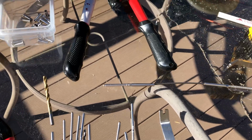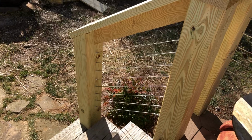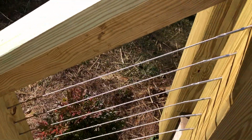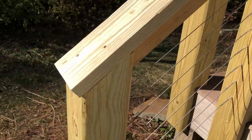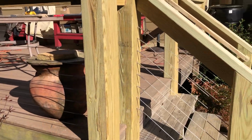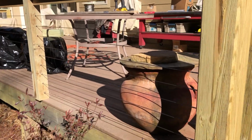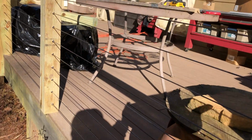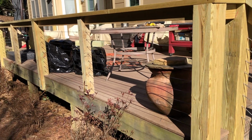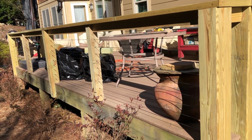Let's see what else I can show you here now. As we did the install, we did do them on the stairs, as you see right there. We were able to drill them in at an angle. It probably was not the correct angle, but once they were in, we were able to bend them to make them look as good as possible as far as getting the right angle. These are pretty tight. They do have some movement in them. I think probably they will need to continue to tighten them over the next little while as things tend to